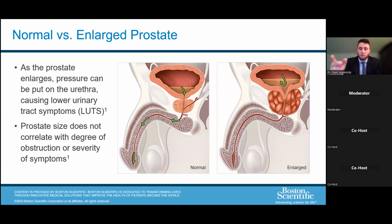So again, you have the bladder at the top part of the image, and then you have a much larger prostate gland here surrounding that urethra. It's compressing and making a very narrow channel where that urine is having a difficult time passing. This not only contributes to a buildup of urine in the bladder for some individuals, but in some situations may